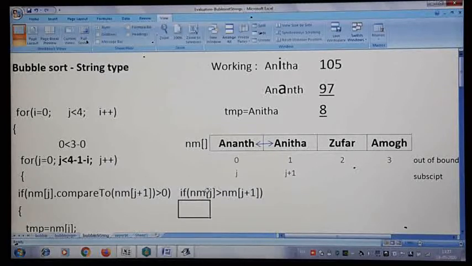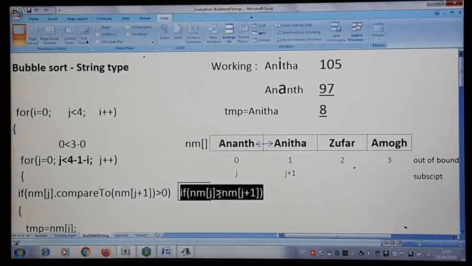See, I am highlighting this style. The relational operator cannot be applied for strings, because here we are comparing which string is bigger or smaller to swap the values.